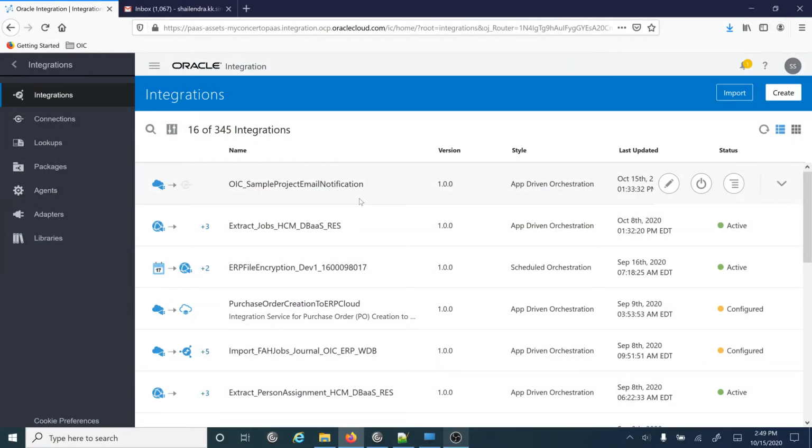Hello friends, today I will show you how to use the email notification feature in Oracle Cloud Project. To do that, I will create an Oracle Cloud project and show you how to use the email notification feature in that. Once you log in to your Oracle Cloud account, you will get this screen, and